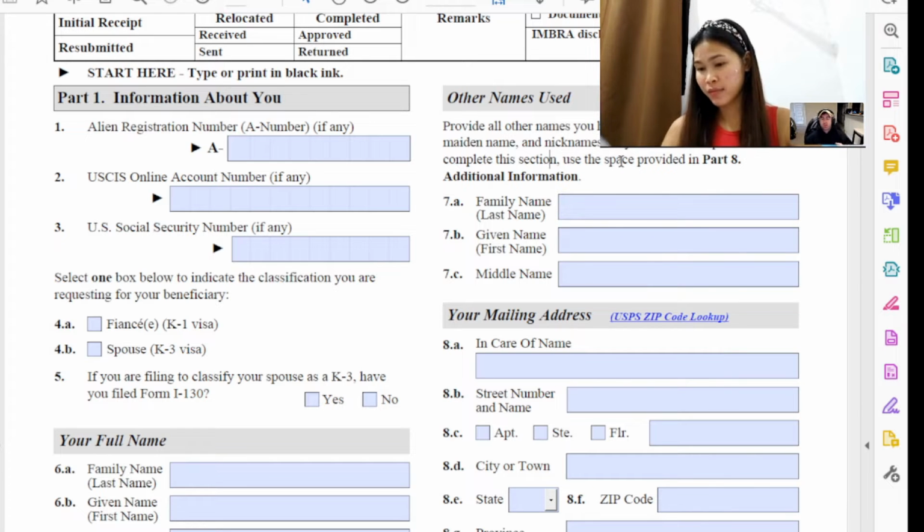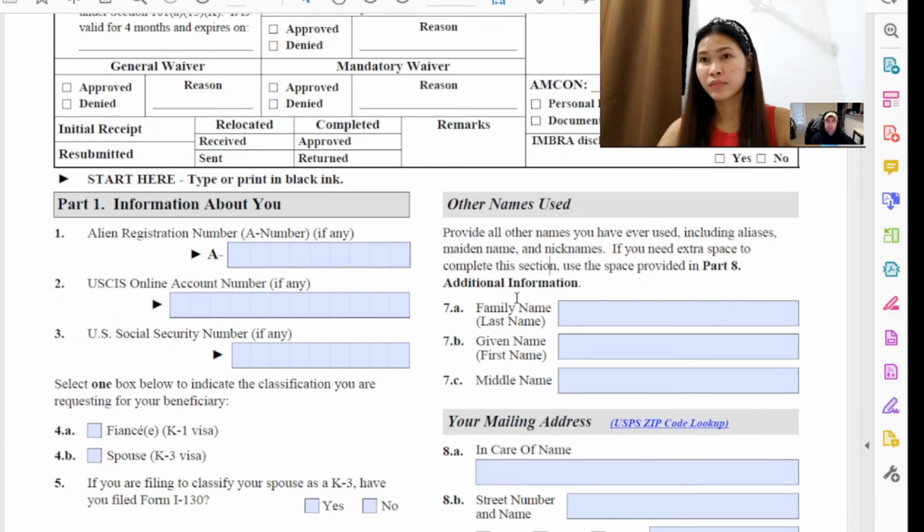Basically, when they do an essential background search on you, they want to know: have you gone by other names, and is anything going to flag their system for that? So that's important to remember here: if you've used other names, make sure you put them in there. If not,